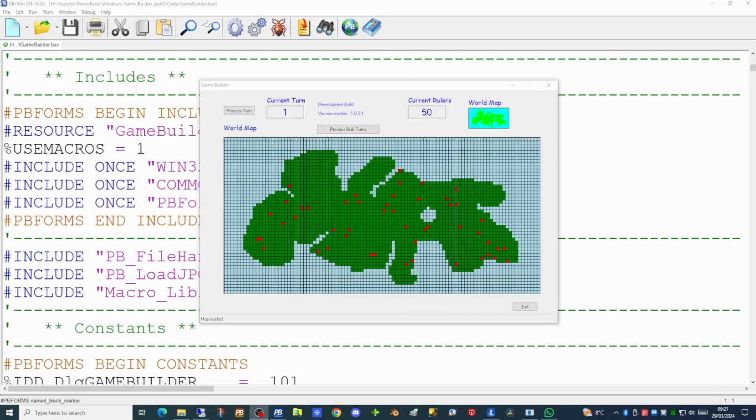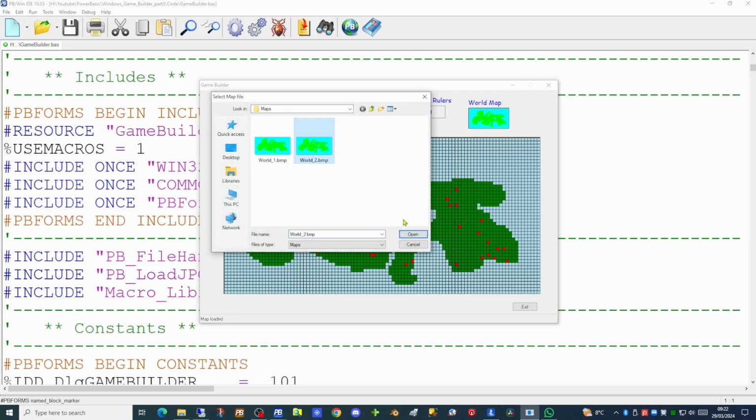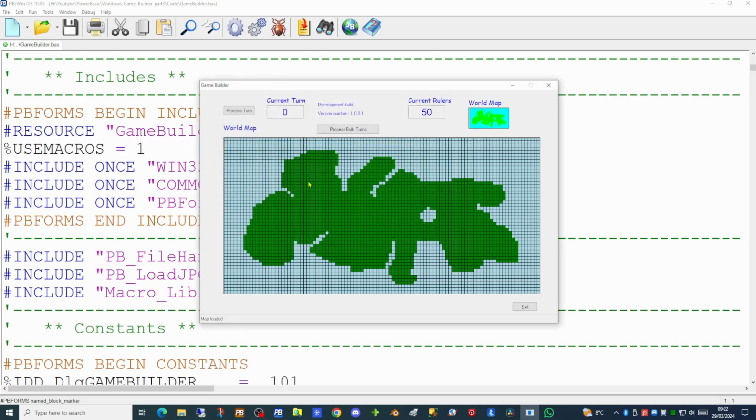This was our application at the end of the last video. We have created a terrain map. This can be loaded by clicking on the graphics control, which is the world map. This then displays the terrain map in a larger graphics control, and we can progress the game by clicking on